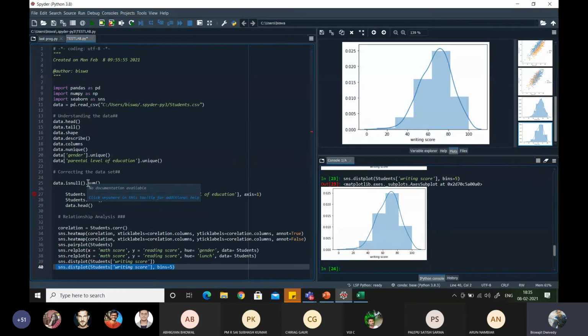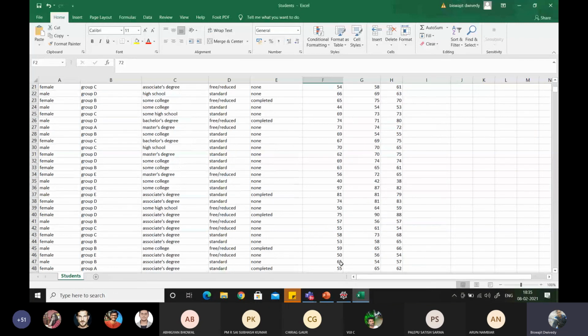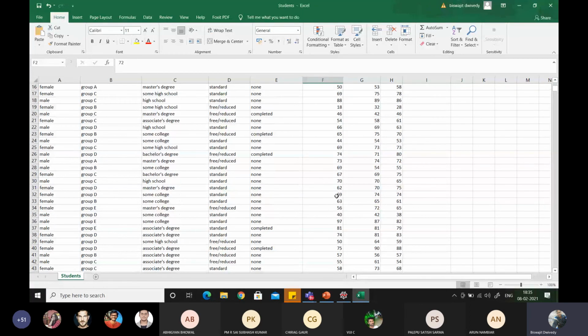Let me explain. Here you can see most of the values are lying within this range, like 50, 55, like that. Suppose I found that this entry, 18, may be an outlier, because it is not lying within my range. Suppose I have fixed that my reading should be more than 50.